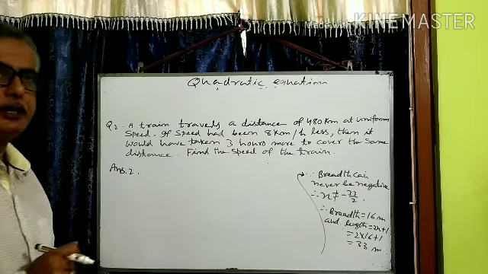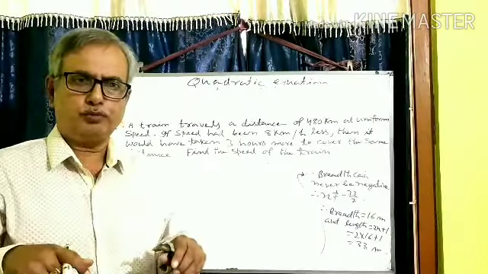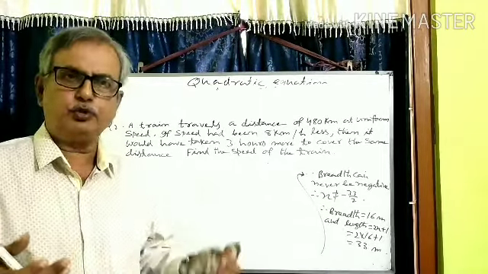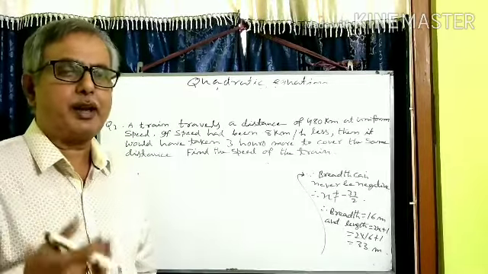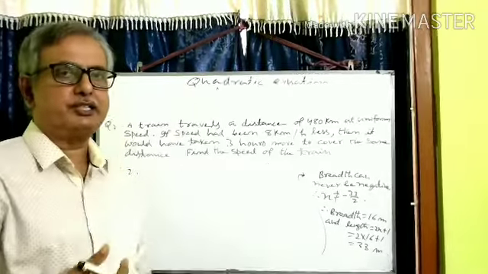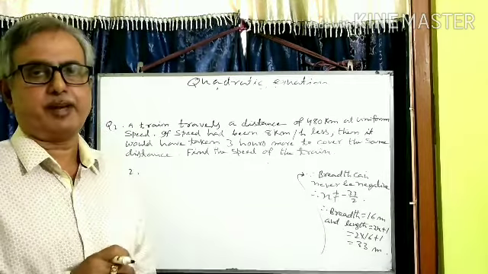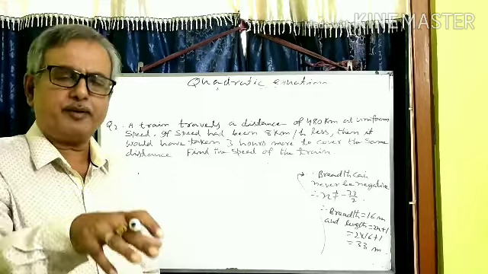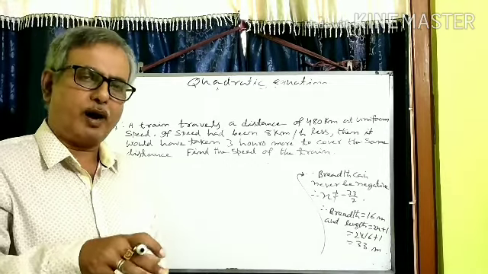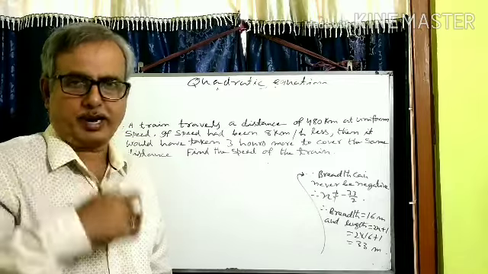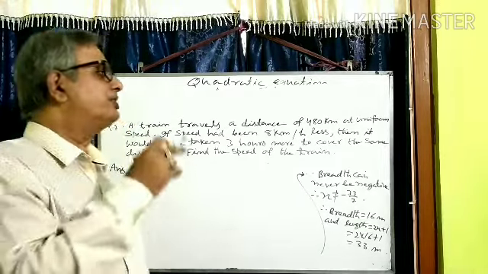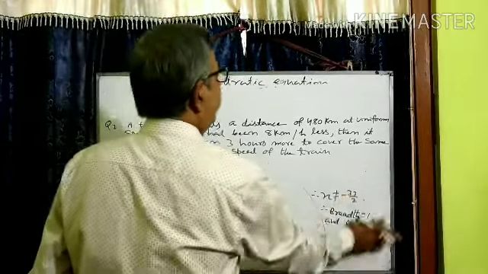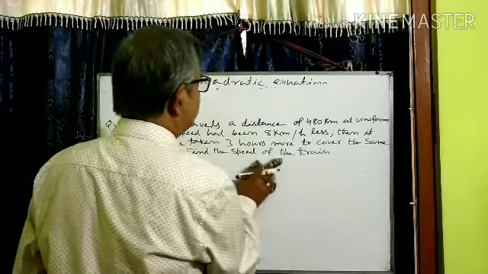Here you see, suppose you ride a bicycle. When you are riding very fast, your speed is more, then what happens? To reach a particular destination, you take less time. If you are riding the bicycle slowly, then what will happen? You understand? You will take more time. Same thing happens. The distance is fixed. How much is the distance? Distance is 480 km only. Distance is not going to change.